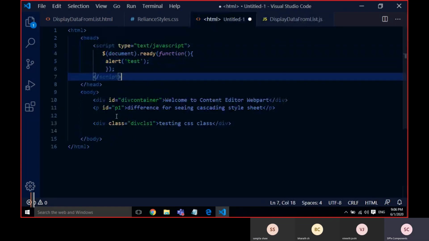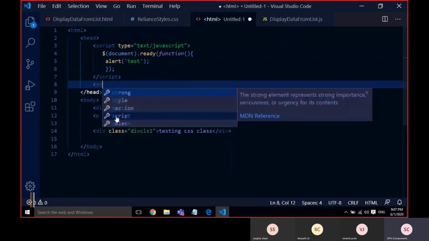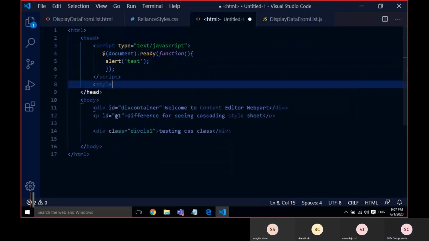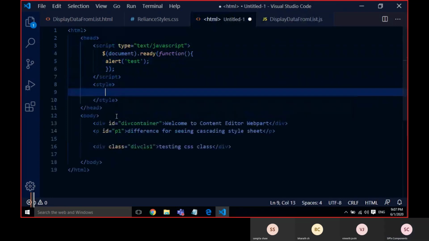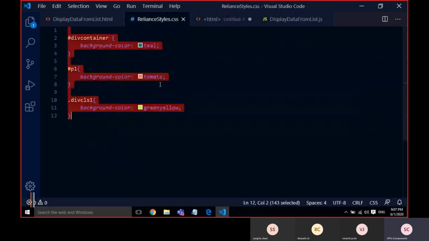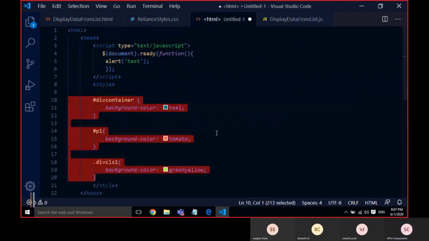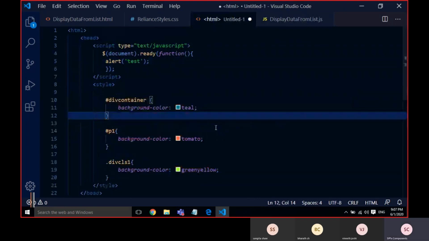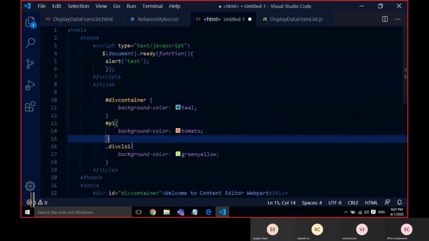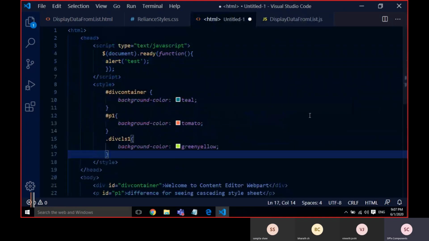If I want to apply CSS styles, within the style I can write all my CSS. Everything I have placed it.